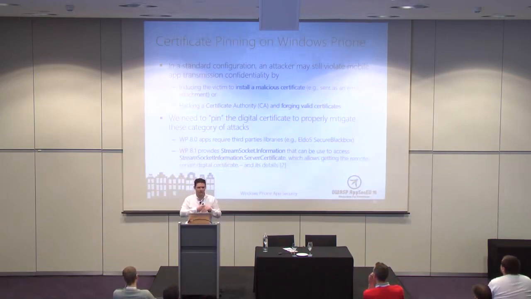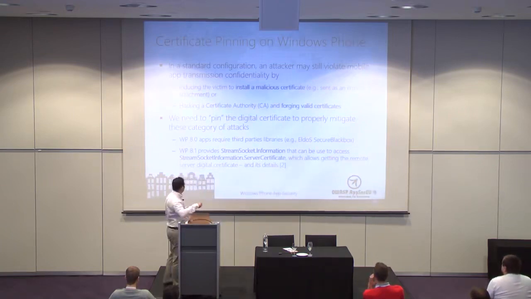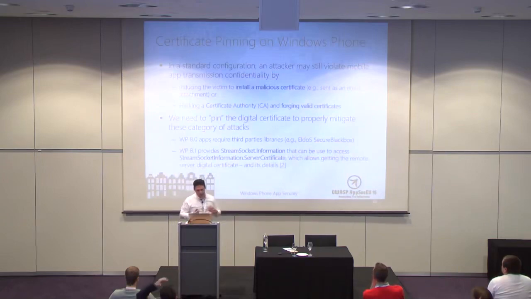Basically, we can embed in the app a copy of the original certificate itself, or the public key used for the signature, and so we can revalidate the certificate. By the way, with Windows Phone 8 we have some problems in implementing certificate pinning. We have to use an external library. That's the only option. But Microsoft introduced some classes that allow gathering information about the delivered certificate